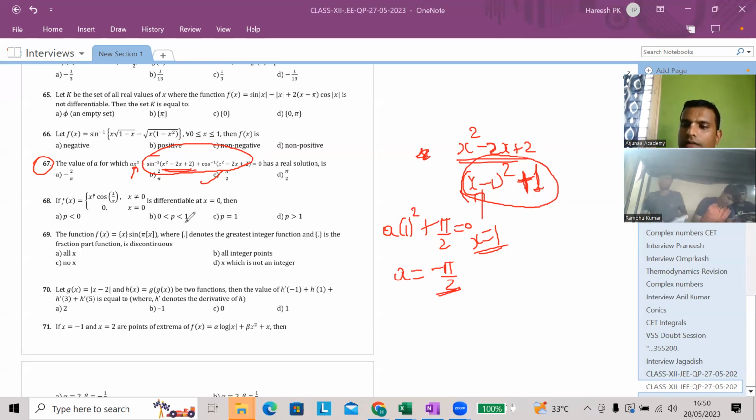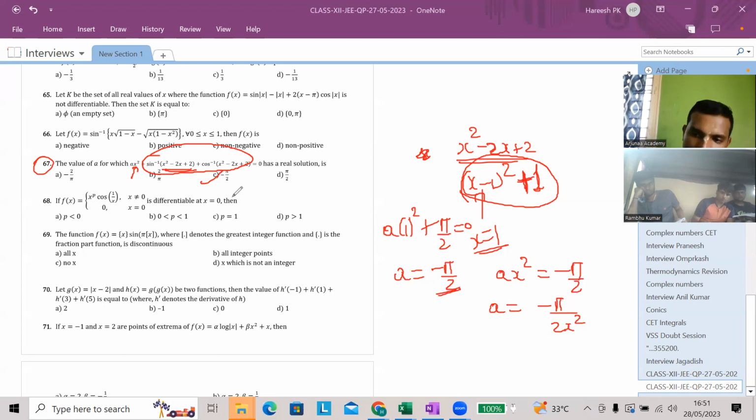Suppose you did not know x should be 1, you would have got a x square is equal to minus pi/2, and you'll end up getting a is minus pi/2 x square, and there is no option like that. So you have to find out the x value, and to find that out we use this logic. This is going to be greater than 1, but in sin inverse it should be less than 1. So therefore I have to choose x accordingly. Okay,